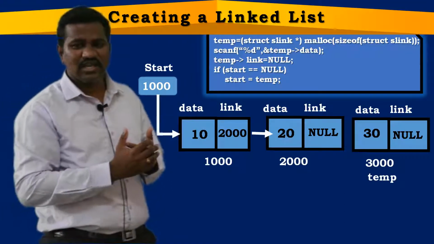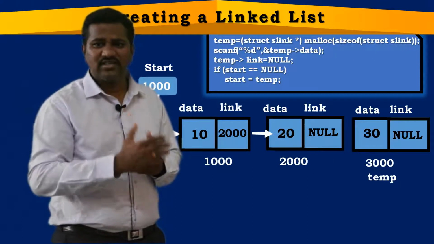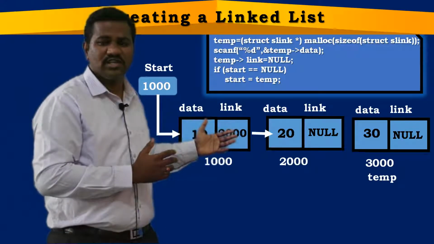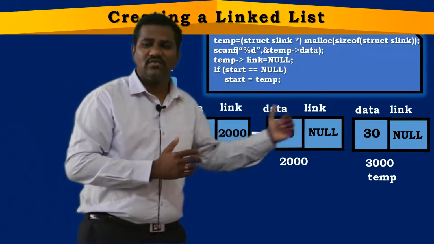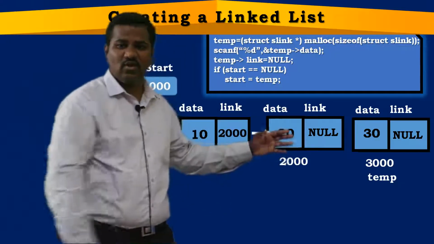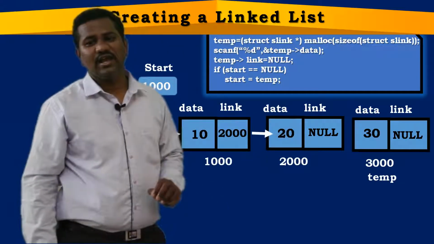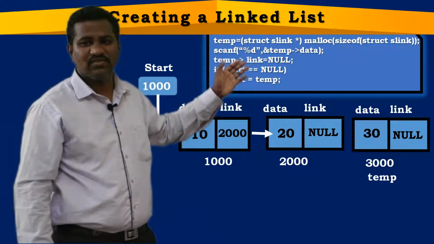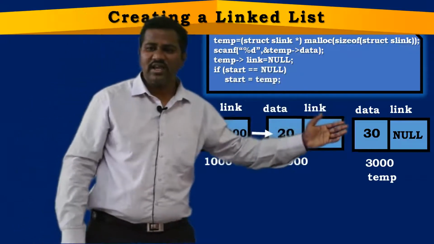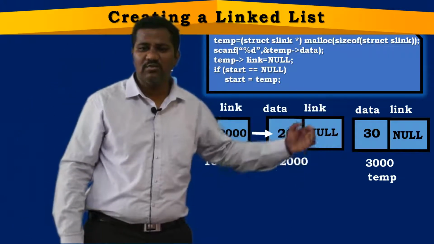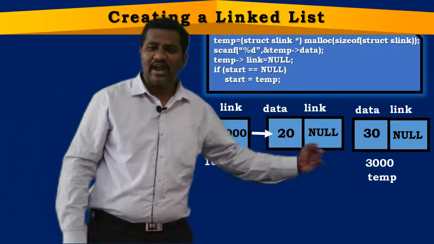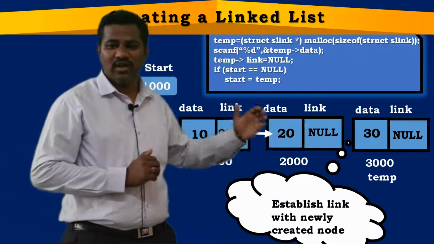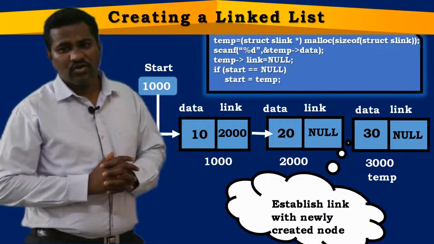So there are two nodes in the list. As I said earlier, in a single linked list, when the link part contains null, that will be the last node. Here the first node's link part contains 2000, that means there is a second node, and the second node's link part contains null. So this second node is going to be the last node in the linked list. After executing all the statements, temp is assigned with null, a block of memory is allocated, we accept the data part, assign null to the link part, and store that address in temp, and that address is going to be 3000. Now we need to establish the link between the 2000 node and the 3000 node.